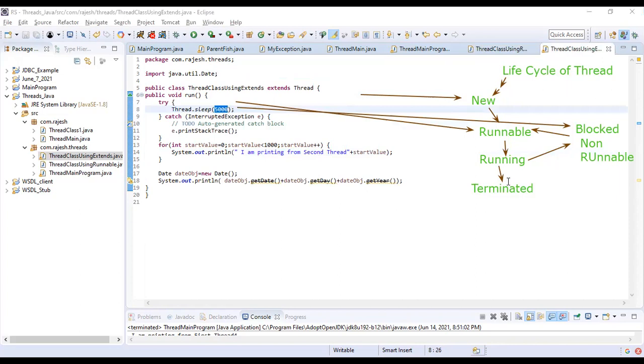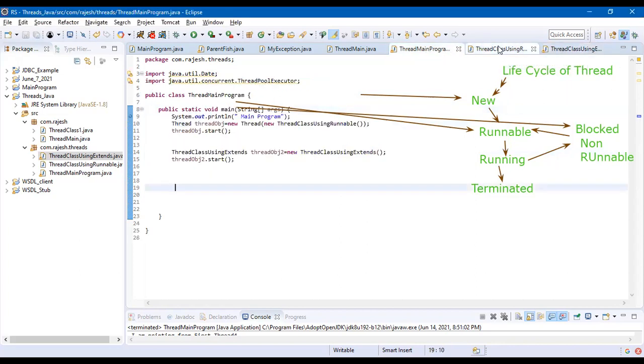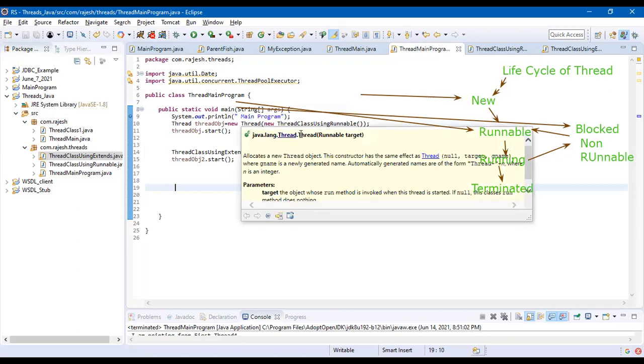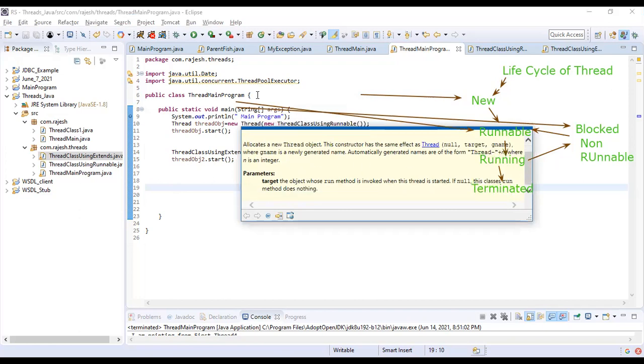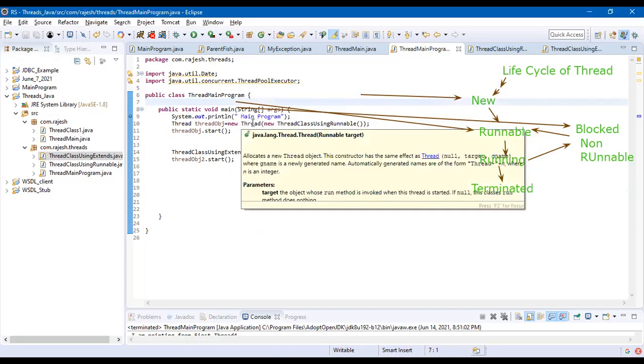Now, next is how do we create a thread? We saw yesterday using two methods. That is why I gave two different programs. First, I can create a thread object. If you see the documentation, it accepts a runnable as a target. It allocates a new thread. So for this syntax, if you want to go thread equal to new Thread, then you have to pass a runnable target.